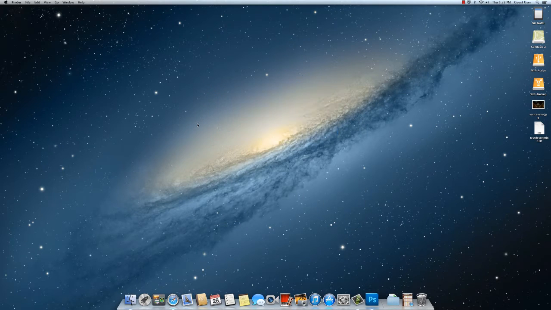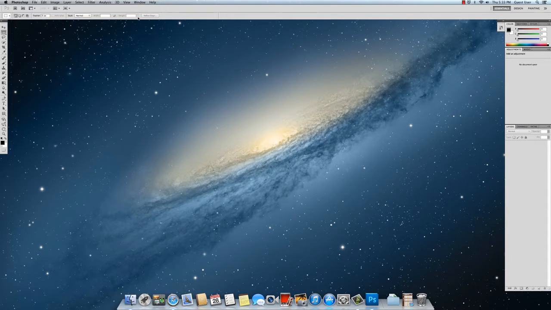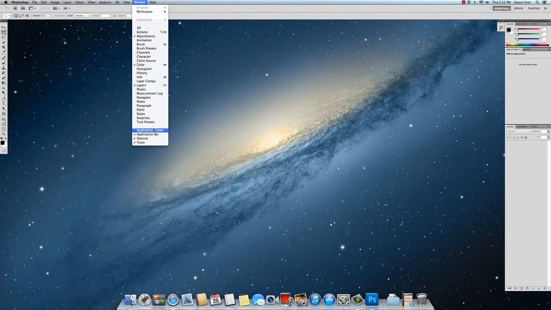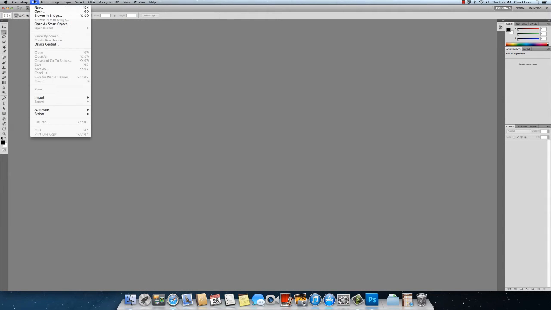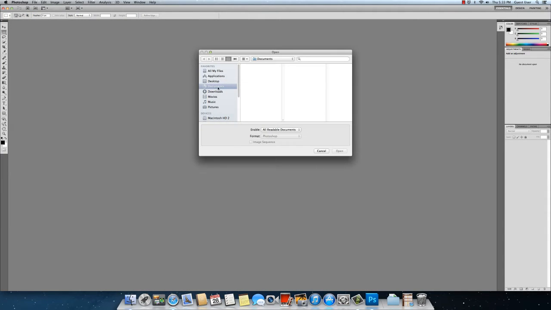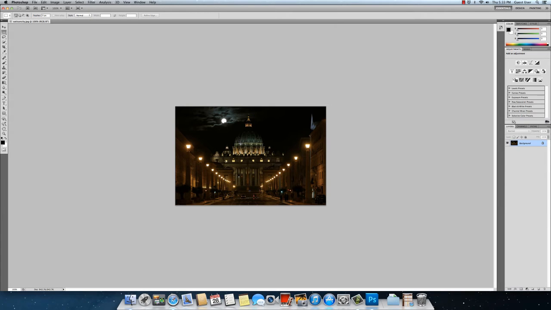and I'm using the same assets that we used in class. So I'm going to make the workspace look like it does on your computers. And I'm going to go to File and Open, and on my desktop I have that Vatican City image that we were working with. So I want the caption to be beneath this photo, just like we had it in class. So I want to go over here and unlock this layer,